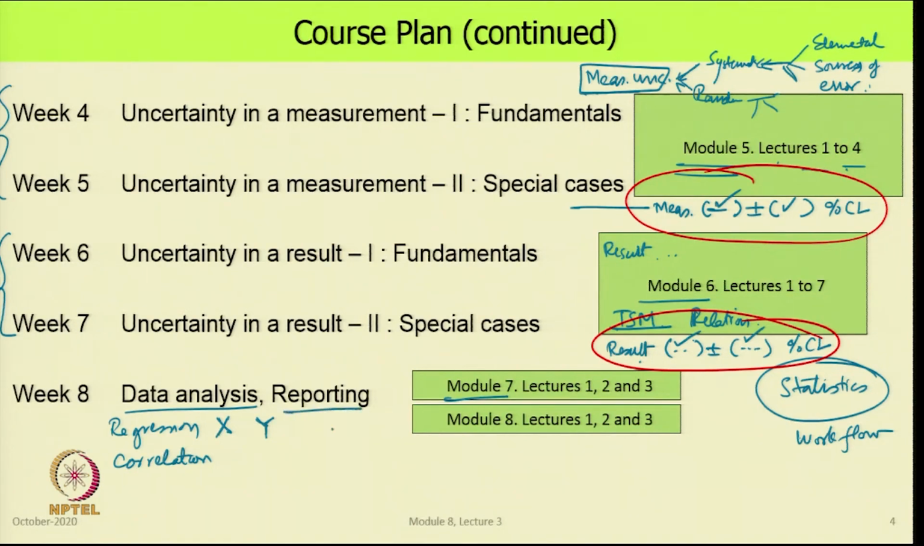Finally, we had a couple of lectures on reporting and archiving. That means, what are some of the issues to take care of while reporting uncertainties? We did not go into the details of report writing, that is not the scope of this course. There are many good resources available online and offline, which I encourage you to read as to how to put together a good report. And then we looked at the issue of archiving,